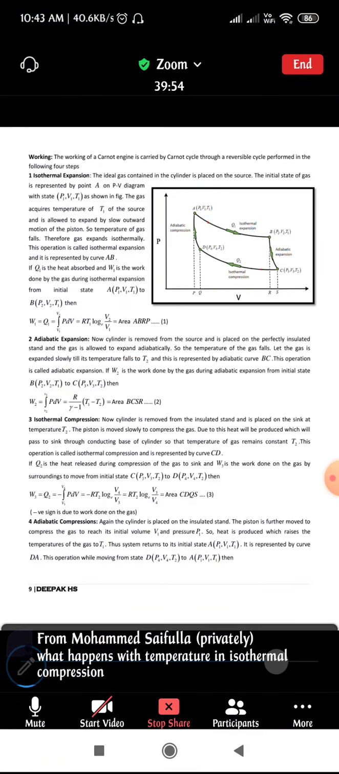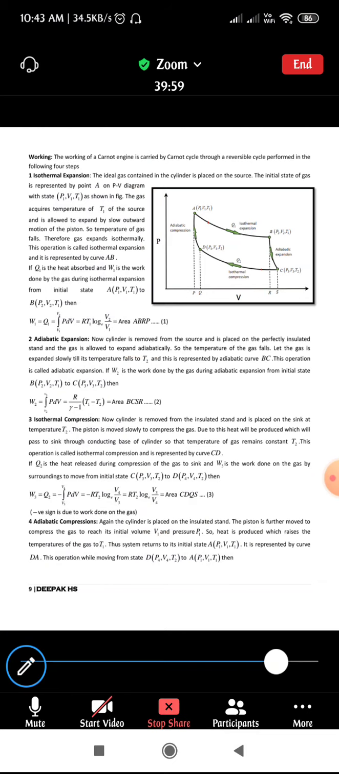Mohammed Saifullah, do one thing, ask your doubts in the next class. It's time up. The meeting gets disconnected by default. So I'll